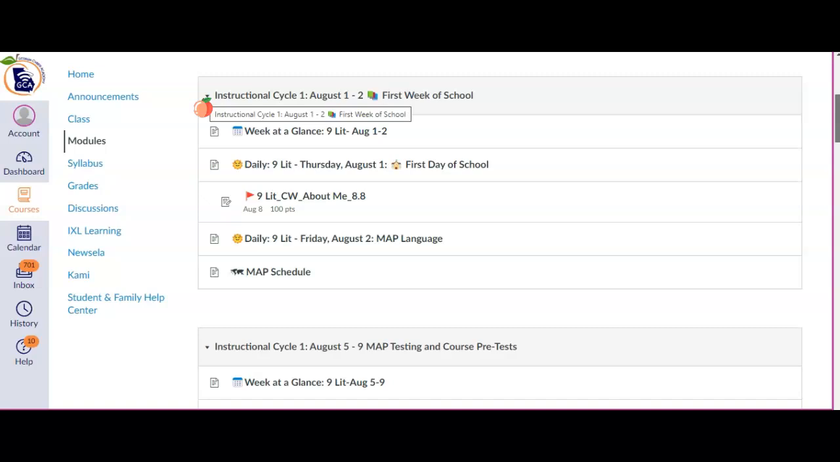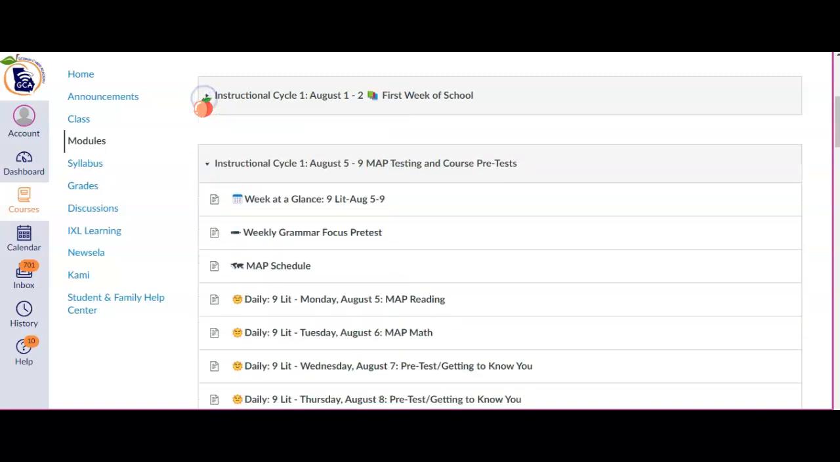Watch what happens when I click that arrow. Now, all the information from this module is collapsed or hidden. This is a really helpful practice when a week is through, so it'll be easier to find your current week's